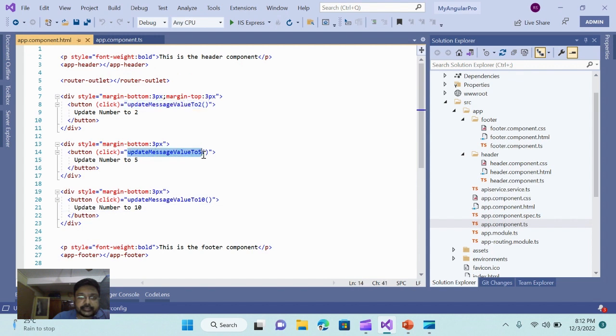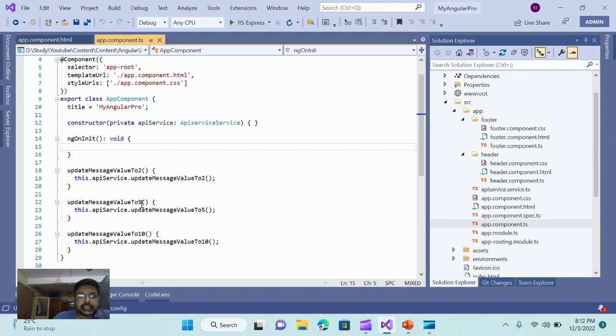These three methods internally call the API service update value to 2, update value to 5, update value to 10. What is the purpose of these three methods? It is going to change the